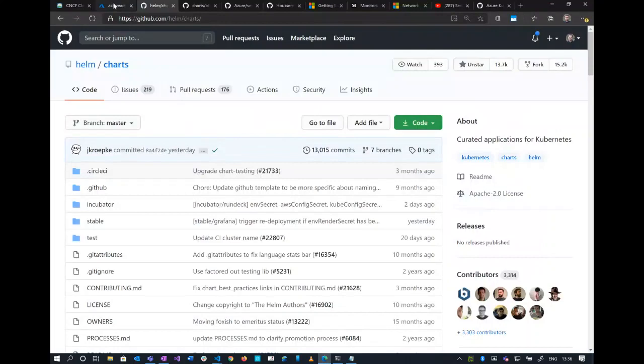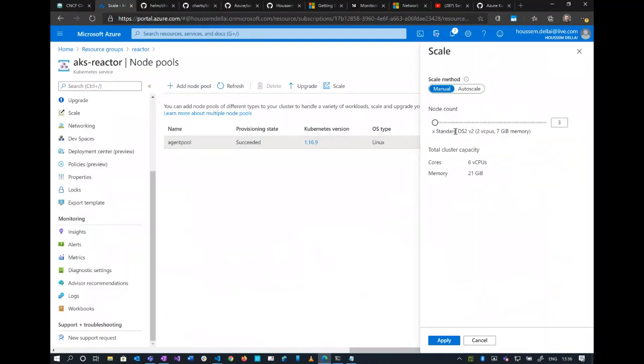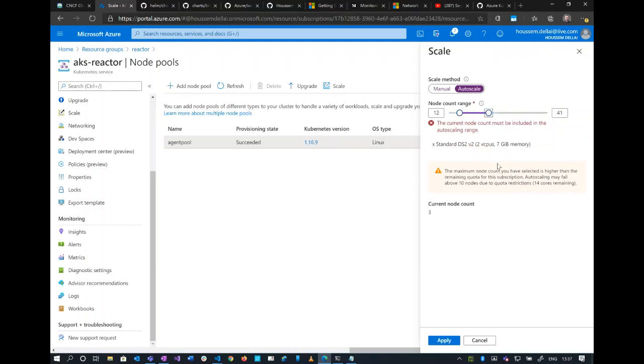And this is what we have seen from the Azure portal earlier when we checked this option for scalability, where we have seen the manual scalability, where I can set the number of the virtual machines or the number of the nodes. But we have also another option, which I didn't show you, which is the auto scale. This will allow your Kubernetes cluster to auto scale itself. So here you can configure it with the minimum and the maximum number of the VMs. And the way this works is that